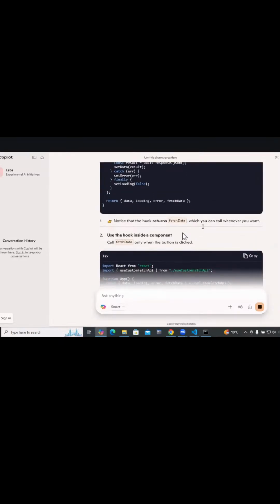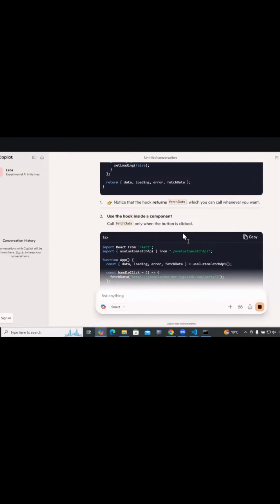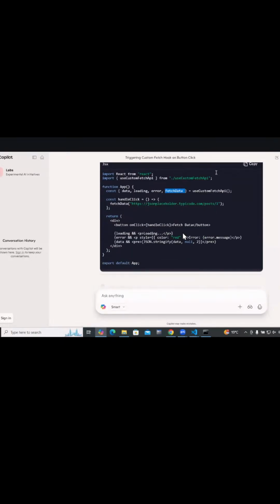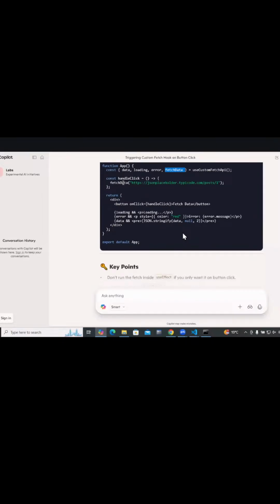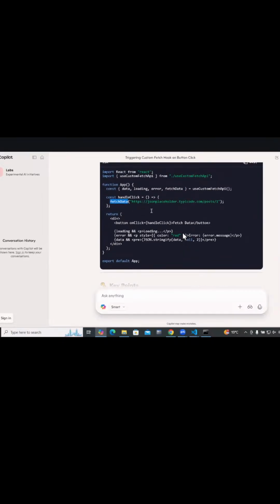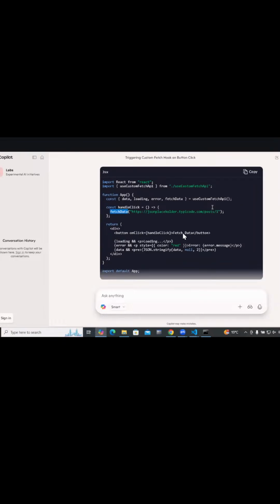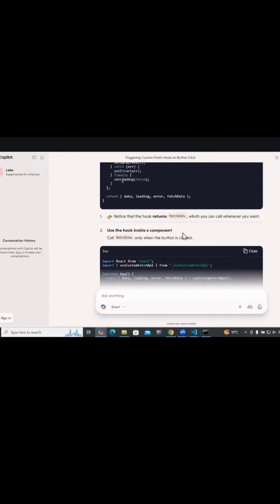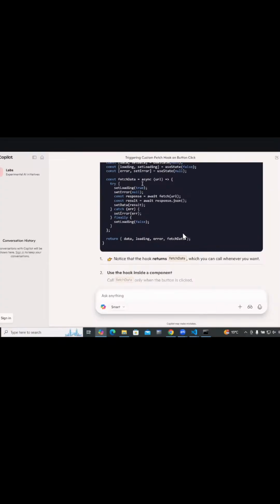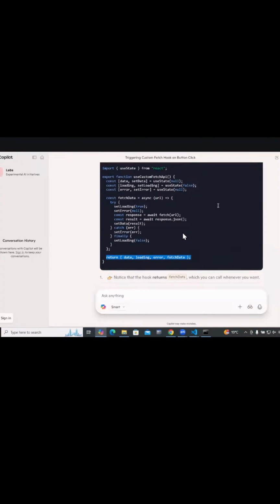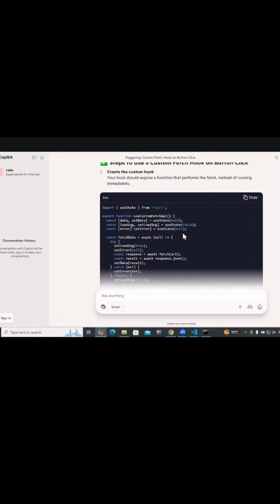Use the hook inside a component. So you see useFetchDataAPI. Okay, this is what you're saying. So this guy will be returning a fetch data, and now you will be calling this fetch data. Pallavi, you're saying this? Yes, sir. But my question is fetch data will be taking the URL and he will be doing everything, and this guy returns you the async URL load response. Okay, this is not Axios.